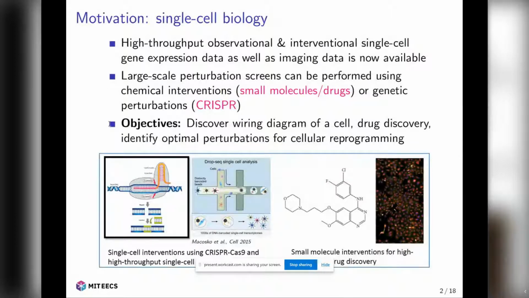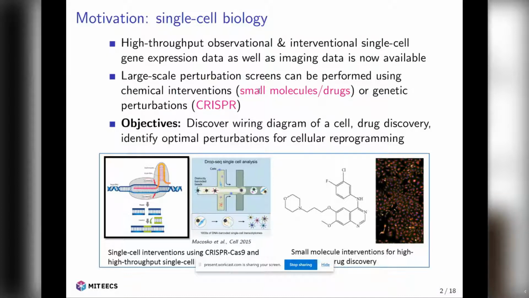Okay, so the motivation is really coming from single cell biology. I mean, these amazing technologies where you can now really obtain these very high throughput observational and interventional single cell gene expression data sets. You can not only get this as in sequencing land, so single cell gene expression, but also in imaging land where you get to observe, like here on these slides, single cells, and you get to label them with all kinds of different fluorescently labeled marks and get to see what they are expressing. And together, we can observe these large-scale